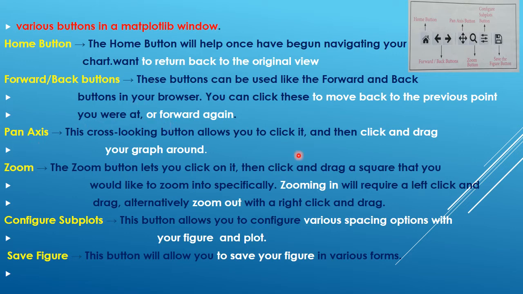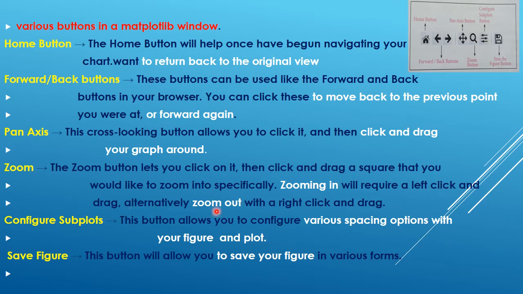Then pan axis. It is used to click and drag your graph around in the window wherever you want to move. Then zoom. If you want to zoom into the plot, you draw a square around the space you would like to zoom in. For zooming in, you left click and drag.